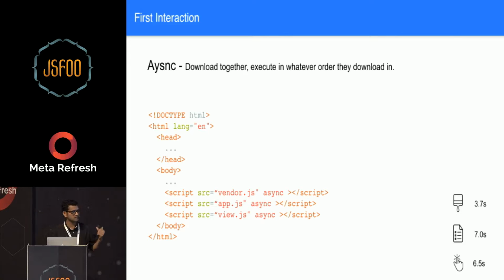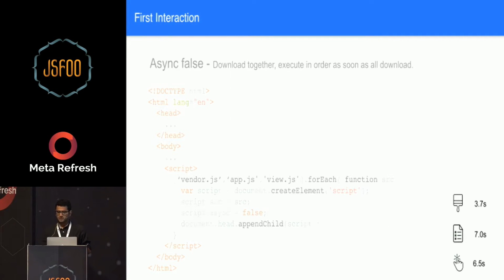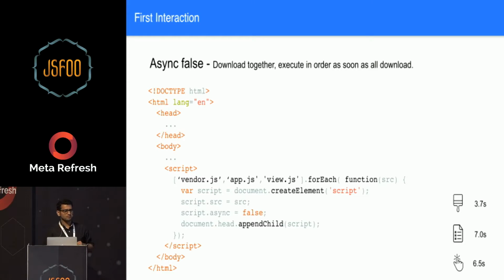Then we have the async attribute on script tags. The async attribute is wonderful. It makes the script tags non-parse blocking. Also, it will execute the JavaScript resource as soon as it's available in the browser, right? But the problem we had with this is